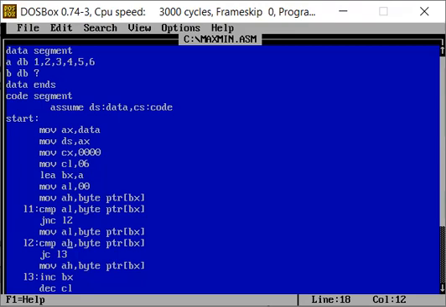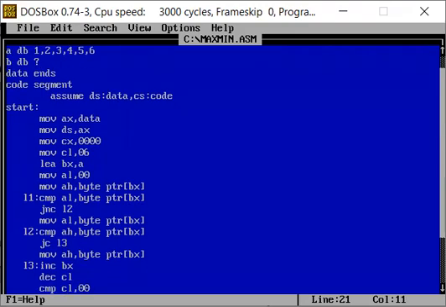If AH is less than the element in the array, it will execute the jump statement because it is jump carry, and it will come to L3. If AH is greater than the element in the array, it will not execute jump carry and it will move the element of the array into AH.